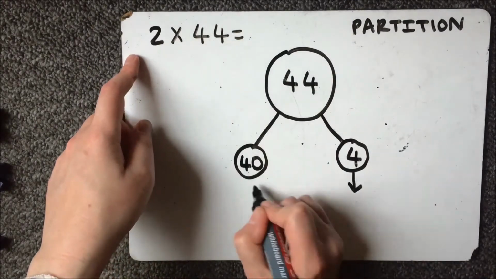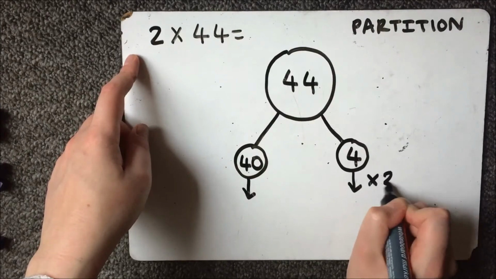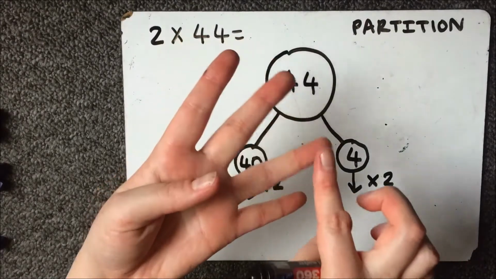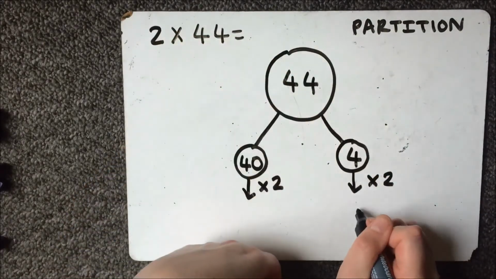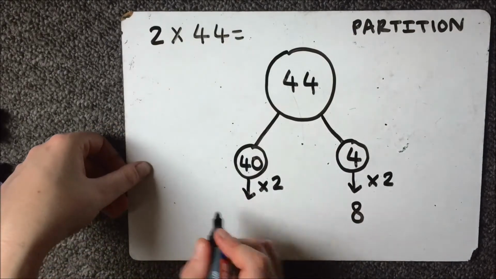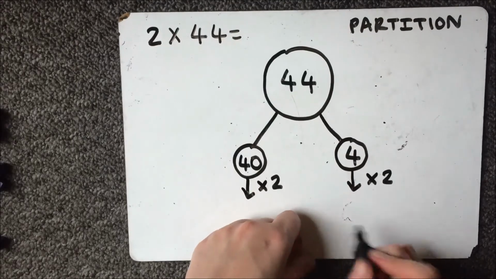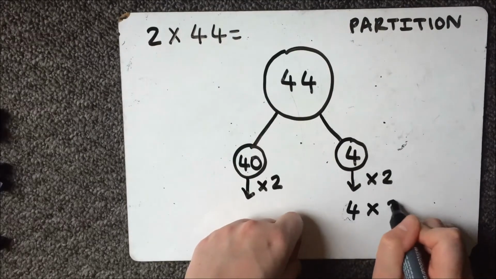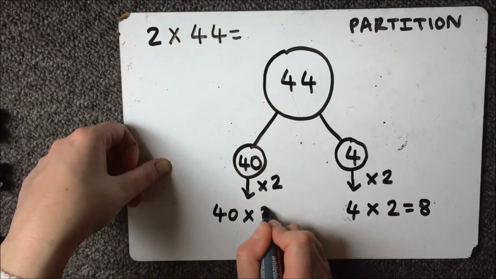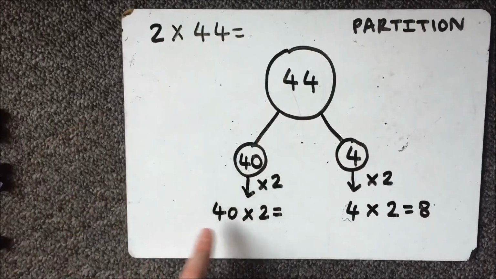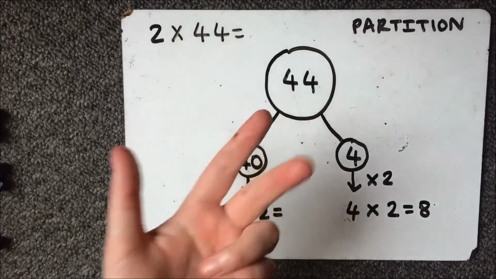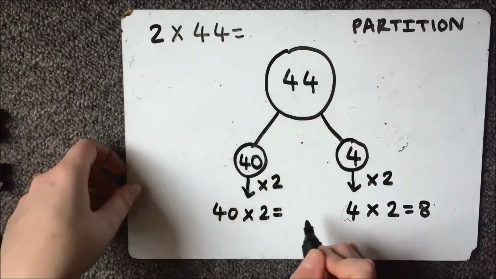I need to times everything by 2. So 4 times 2, 4 fingers up, counting twos, 2, 4, 6, 8. Yeah, and now I need to do 40 times 2. Actually, I'm going to even write that underneath the number sentence like I did last time to remind myself what I do. 4 times 2 is 8, and 40 times 2 is, what's our secret 10 here? 4 times 2, 2, 4, 6, 8. Make it 10 times bigger will become